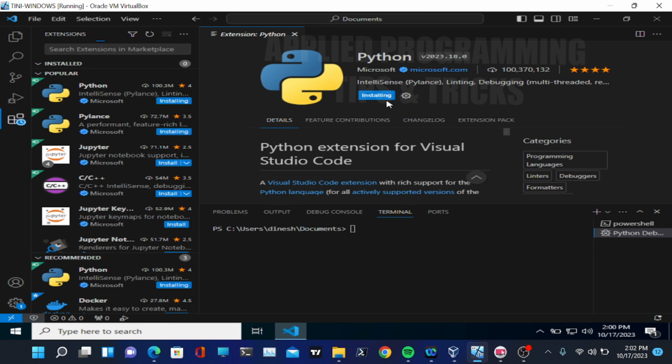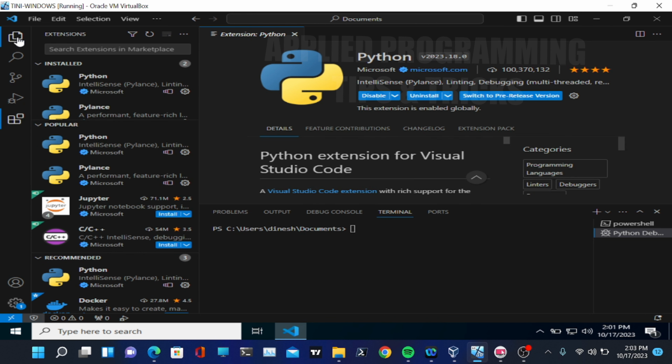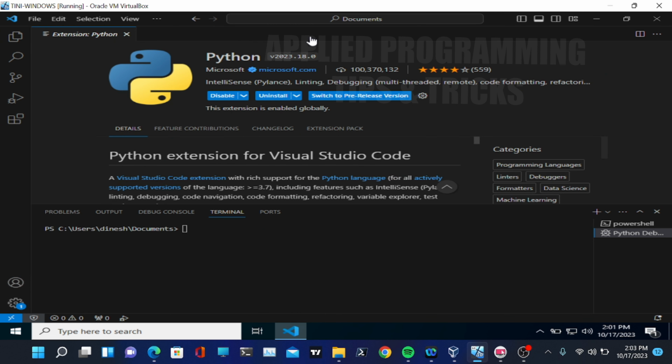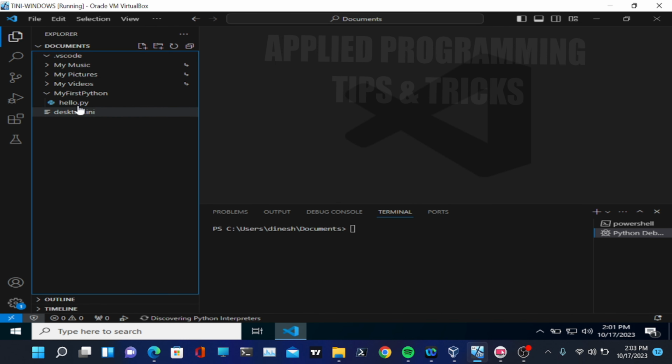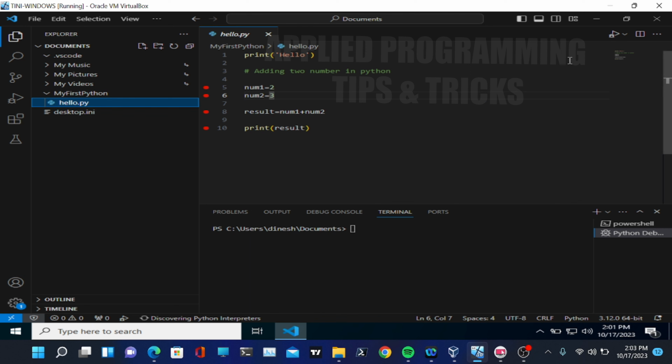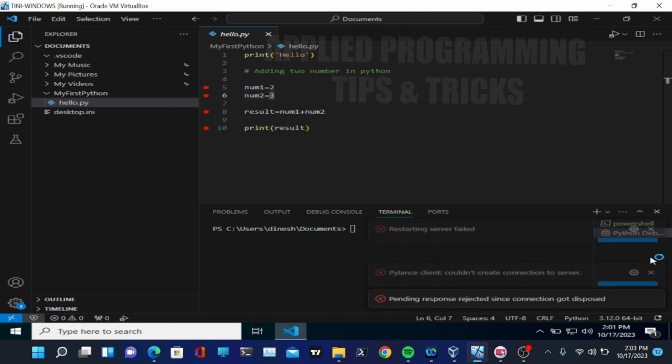So Python is getting installed, you can see on the screen. We have to wait for some time. Let's see when it gets installed. So now you can see it is installed. If we go back to our code, we must be able to see the Python extension. If I click here, now you can see